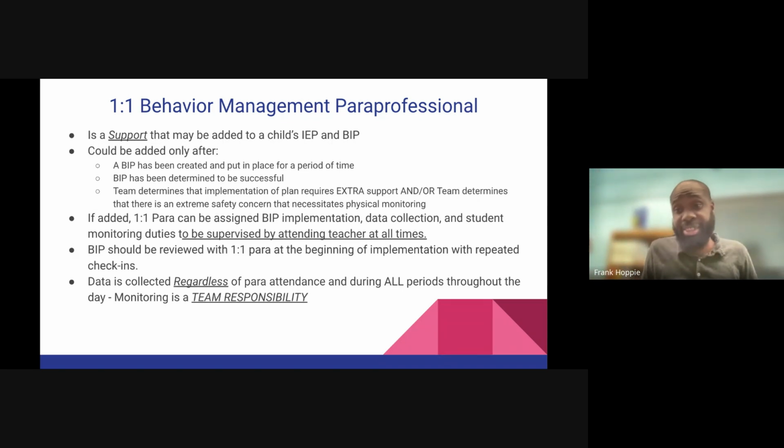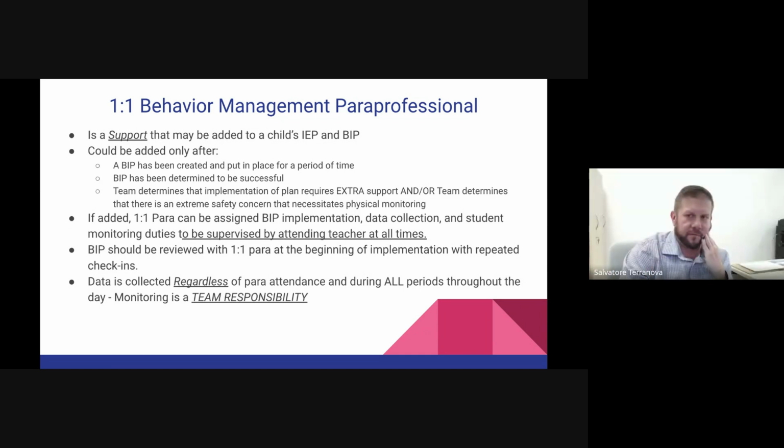Or in extreme cases, I have to collect data, or I have to communicate with my unit coordinator to get somebody that can help me if I can't do it myself, or the classroom team is so overwhelmed that day they need extra support. But you still are part of that whole process and a part of leading that process in the direction it needs to go. Mr. Hoppy, can I jump in here for a minute?